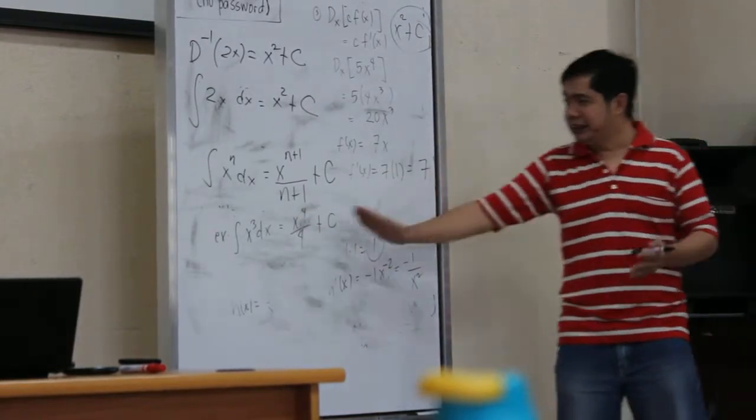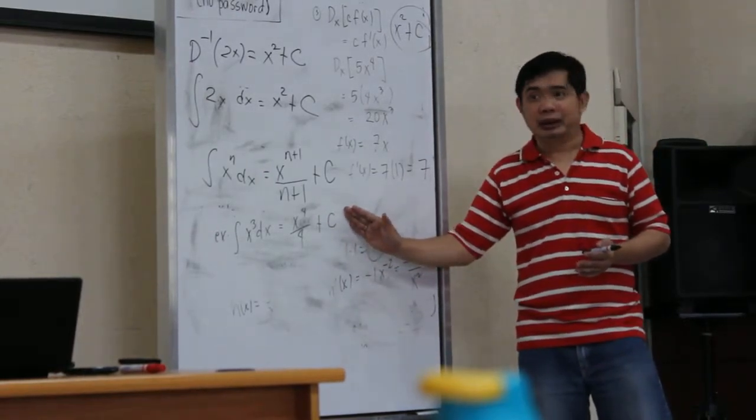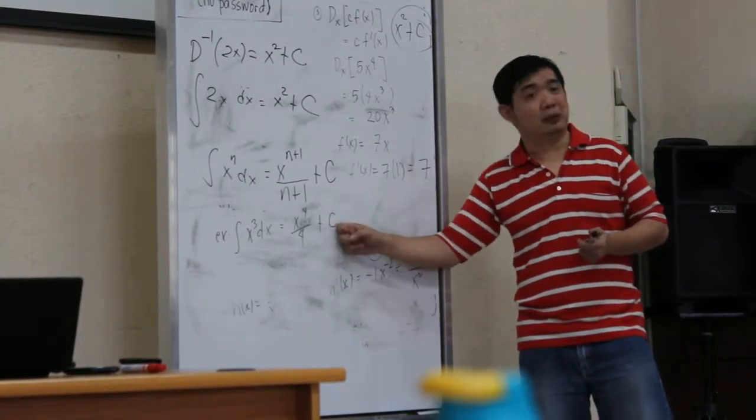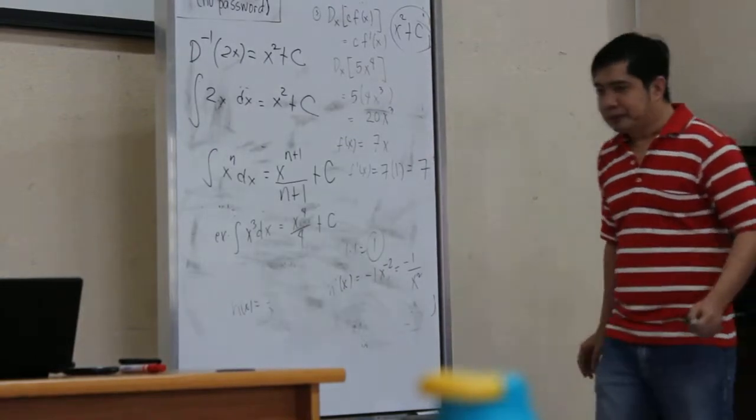And why do you need the plus c? Because I want to capture all the possible antiderivatives. Because I can have x to the 4 over 4 plus 1, plus 2, minus 5, etc. Okay. Now,